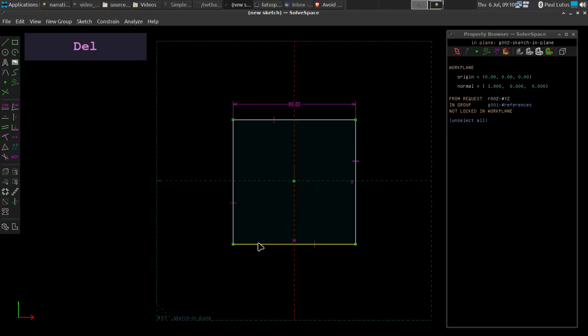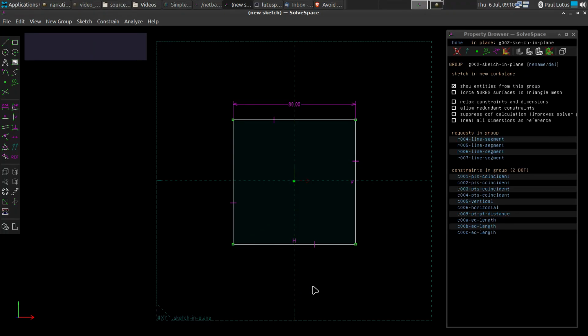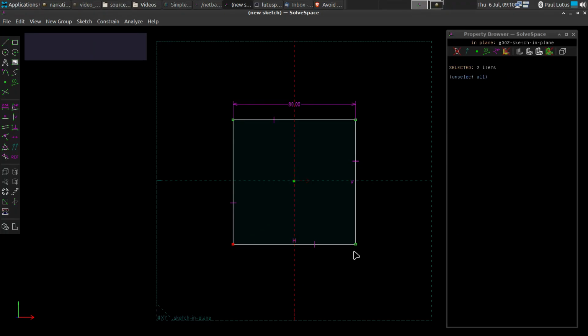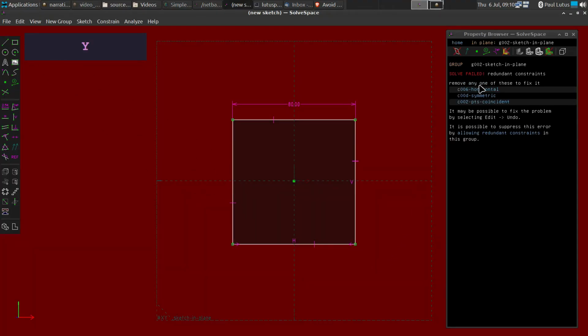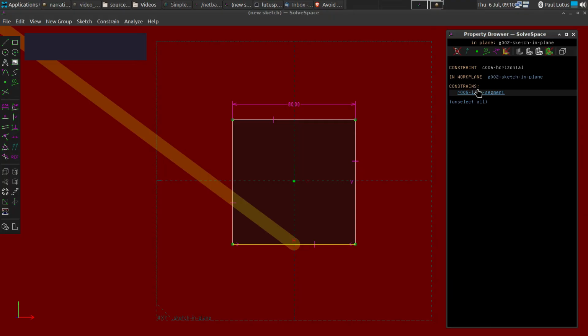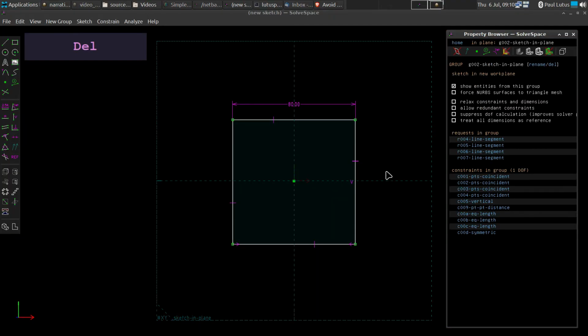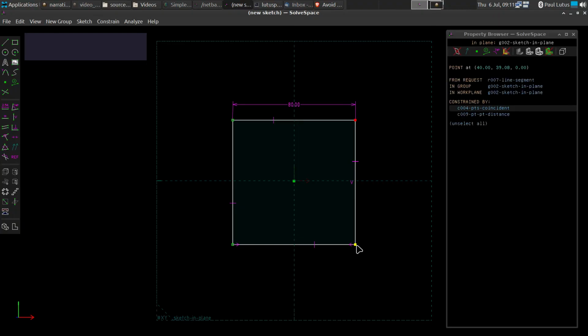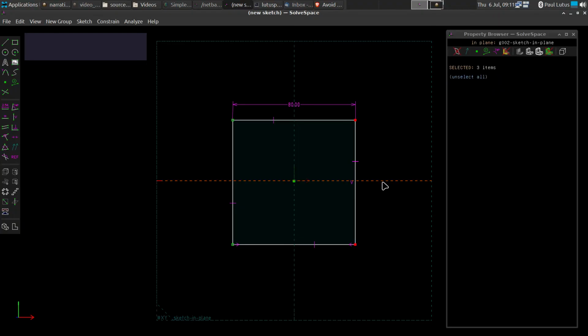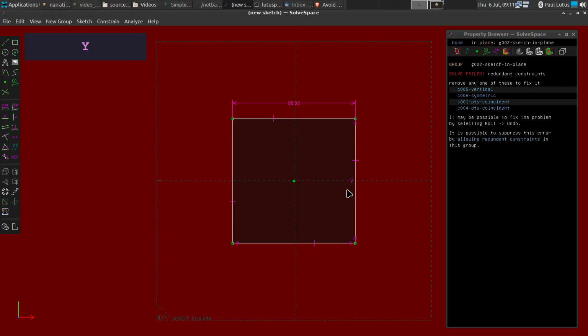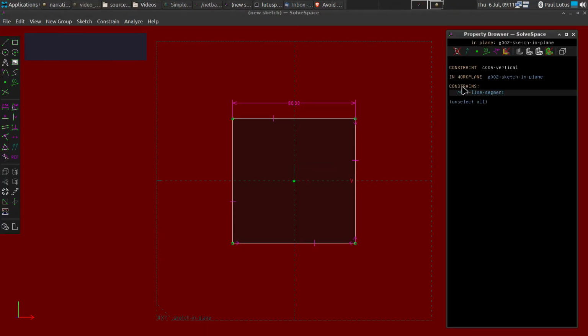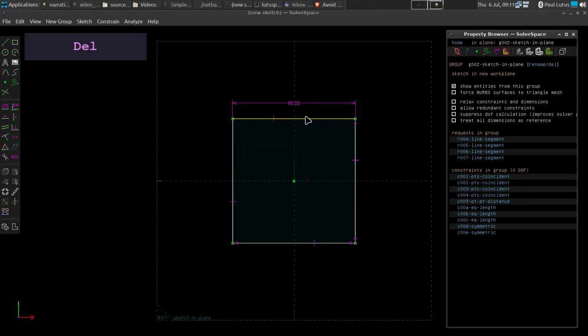And let's make it centered across the, oops, using a symmetrical. And symmetrical this way. Okay, so we have a fully constrained